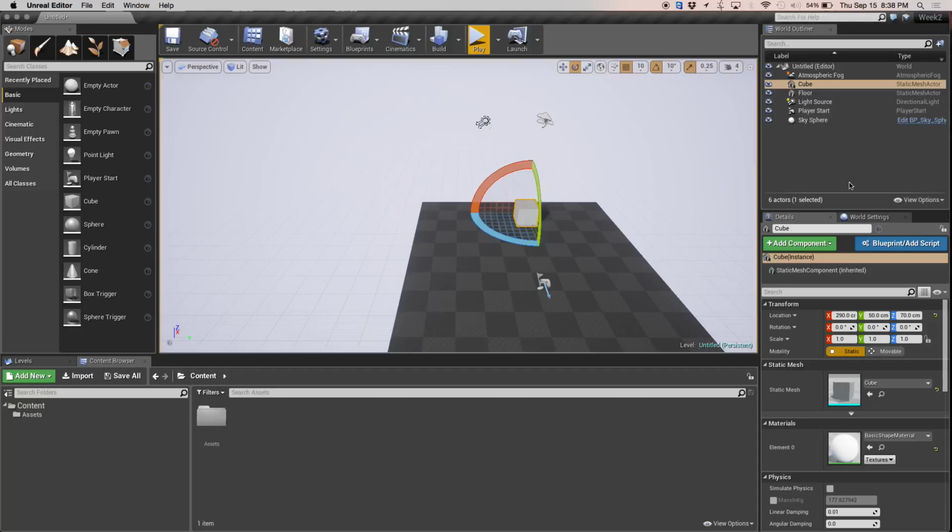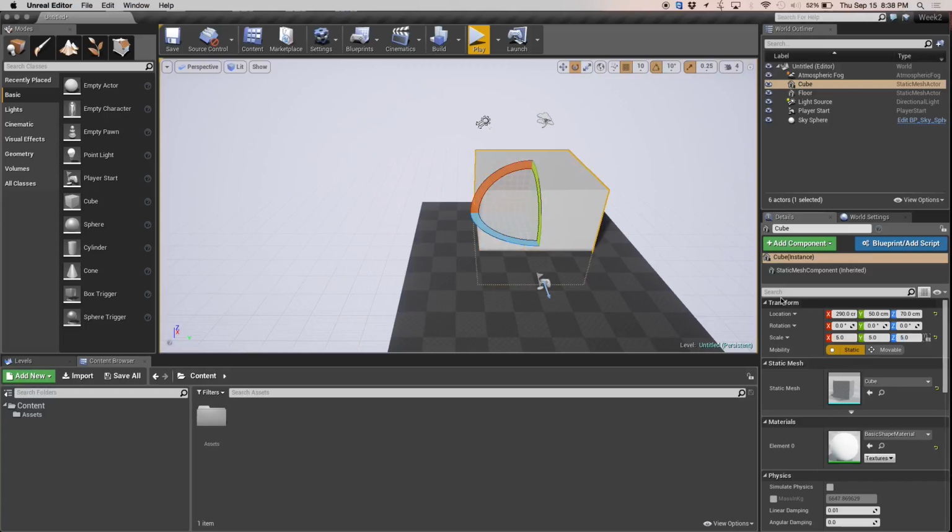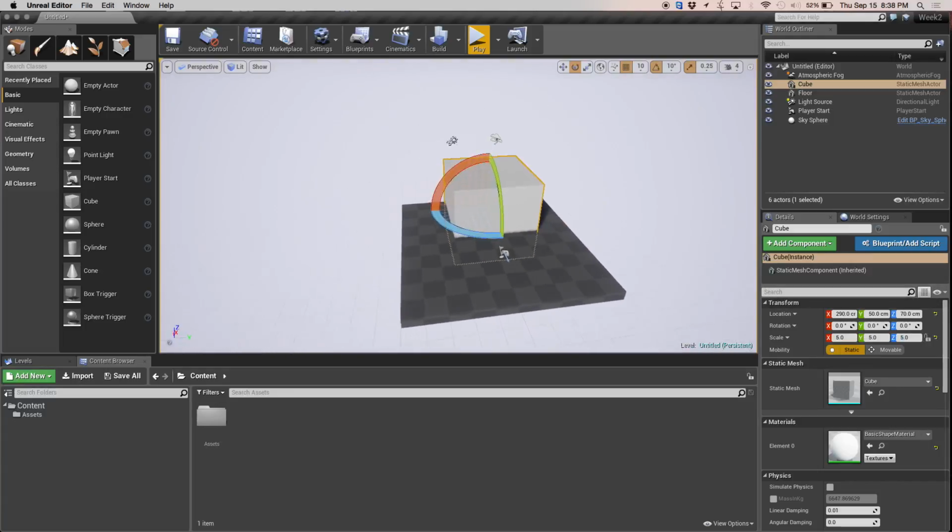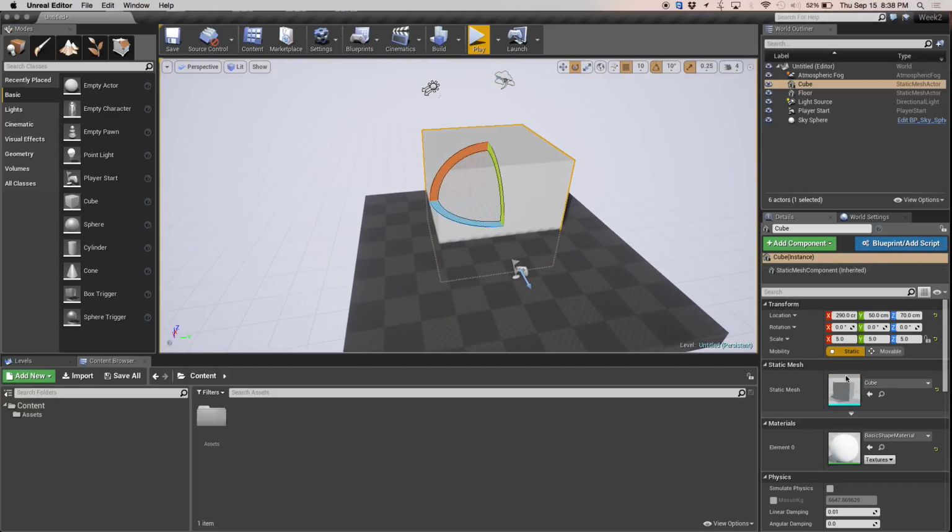Just play around with all this interface. There's a lot of links I'll post that show you how to get around. Any object I'm selecting has its details. These are all the properties, like where it's located, what orientation it's rotated to, and what the scale is. So I can make this much bigger. Now it's 5 times bigger in that direction and 5 times that way. And this is just general manipulation. This can all be animated and manipulated live. You can see that this references a cube, and also references a material. We'll get into materials later on. Don't worry about it. We're going to start migrating things over.